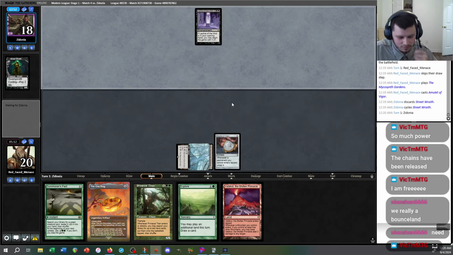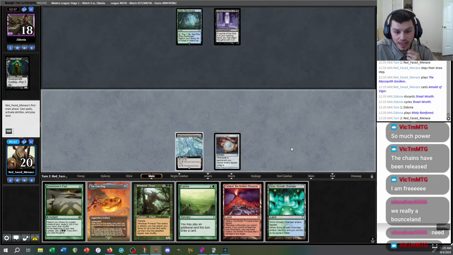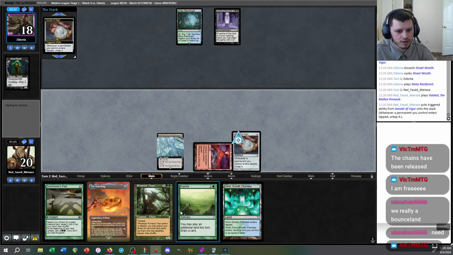There we go. Of course they had to Leyline of the Void me. Why would they have to do that? Sorry, victim. Okay, it's being a little laggy on the TTS, so I'm gonna turn it off and turn it back on in a second. Hey, we drew the bounce land. That's great. So I guess we're just going for the Titan thing next turn. Yeah, we can, because we have Explorer, so...